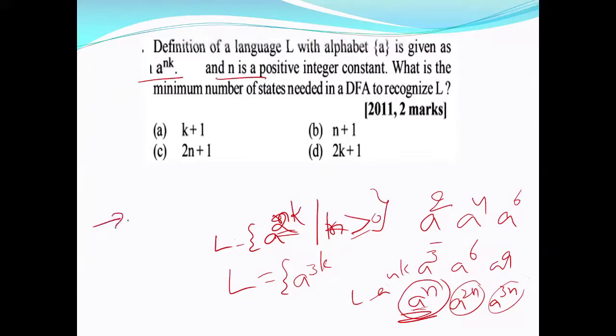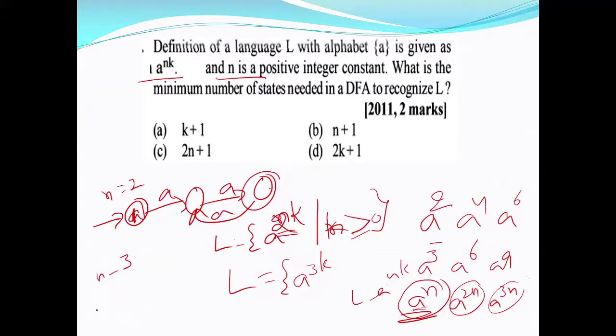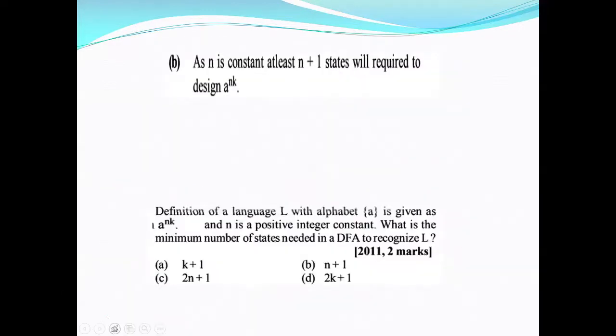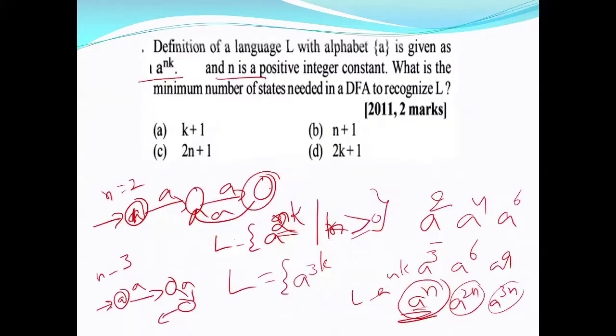So what I get is, let me say this is state 1, then 1 A, 2 A's, if it is 2, then 3 A's, 4 A's, 5 A's, 6 A's and so on. When n is 2, when n is 3, 1 A, 2 A's, 3 A's. Sorry, hello, one thing, I'll erase this.